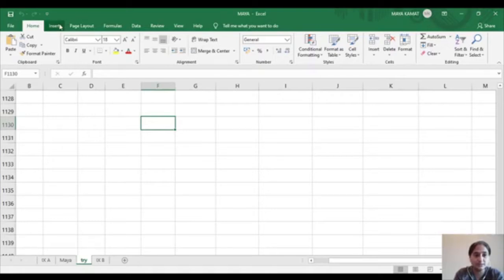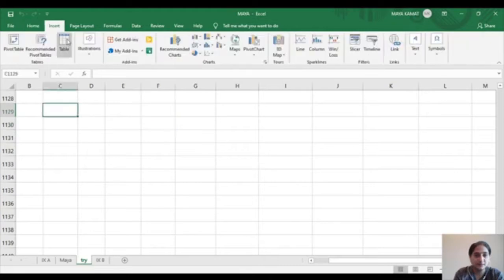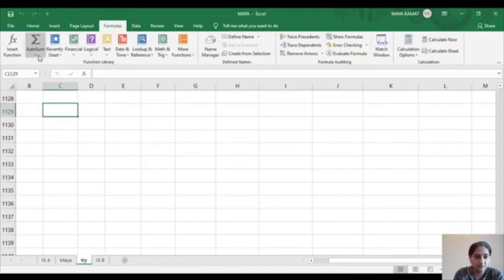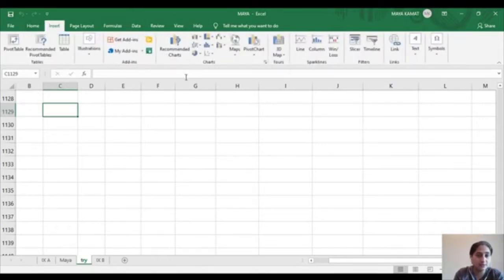We went to the insert menu. Then we went through sum, average, count, max, min, count and counta, and the difference was shown to you. Then we went to insert and inserted the charts.